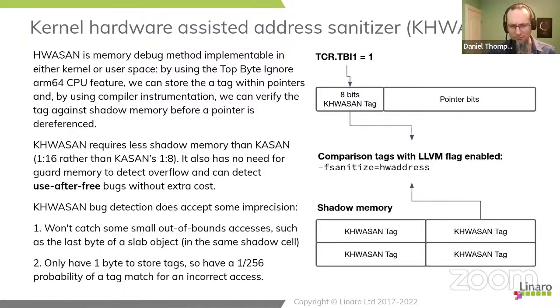error. Even better, we can track almost all use after free bugs, because when the memory gets reused with a new pointer, it will have a new tag. And the result of that is that without having to maintain any old state, we can just free and allocate as normal. But if we take an old pointer and access it, the tag will mismatch and we'll be told about that as well. So most of the common memory management mistakes that you can make will be caught using the hardware-assisted address space sanitizer. So it's a very powerful thing.